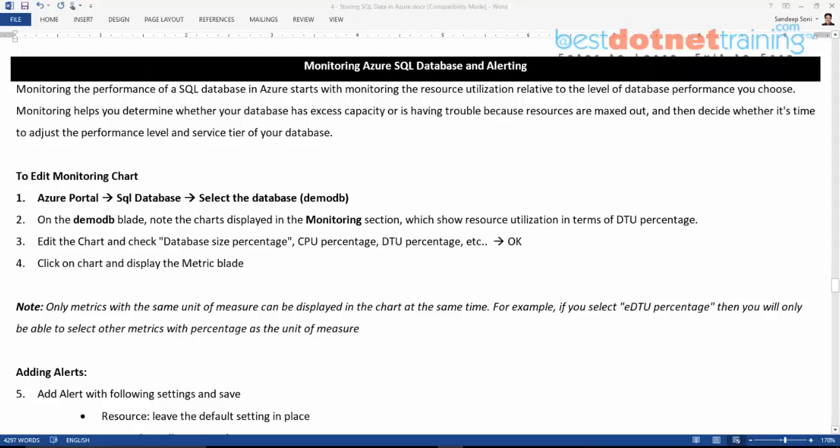Monitoring Azure SQL database and alerting. Whenever we create a database and start using it in an application, it might be a little difficult to expect upfront all the required load in the initial stages itself. As the user, or rather the set of users, are using the database, the load has to